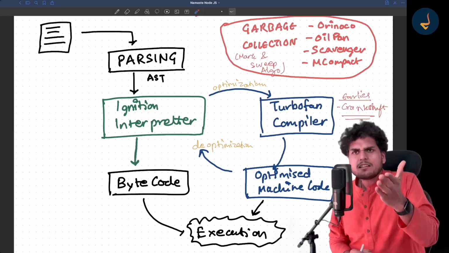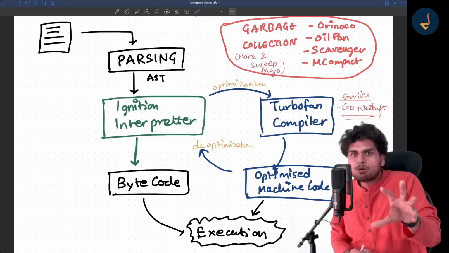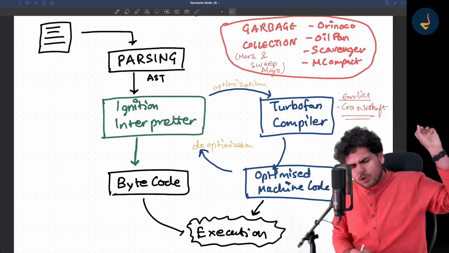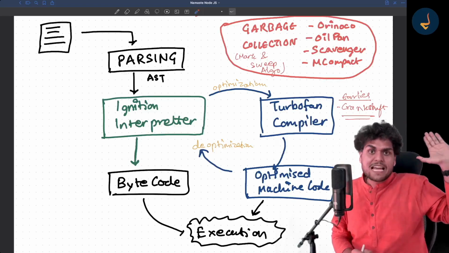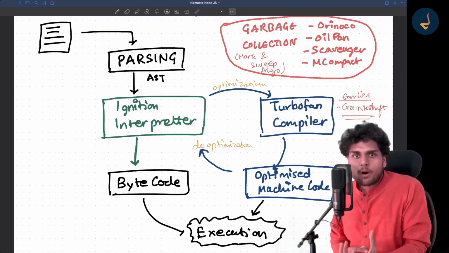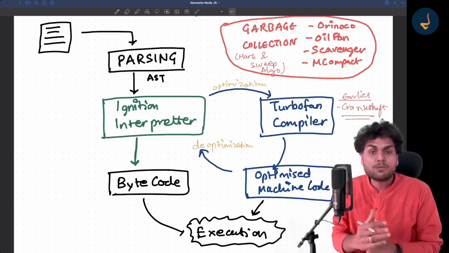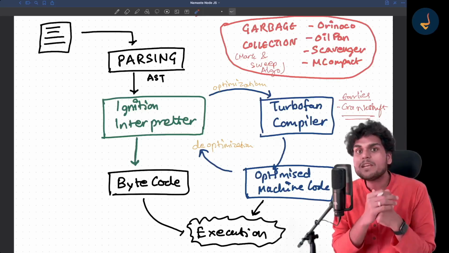And that engine is now SpiderMonkey. The SpiderMonkey engine that you have is the one which was written long back. Since then, not just the language, but even the engines have evolved, and now we have a capability where JavaScript is very fast. It can be used in servers.